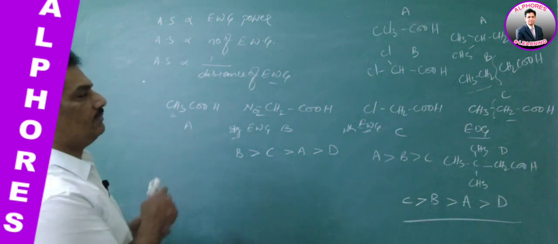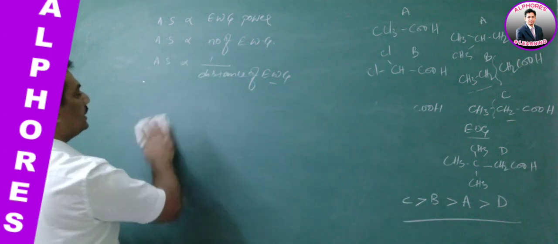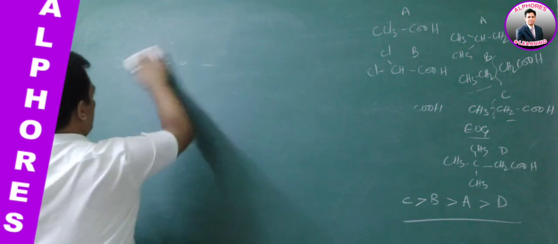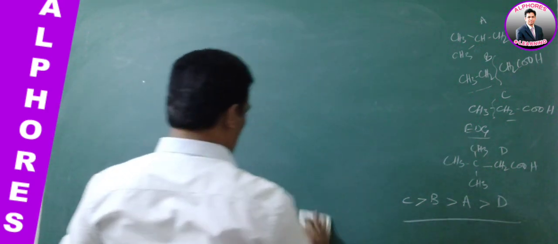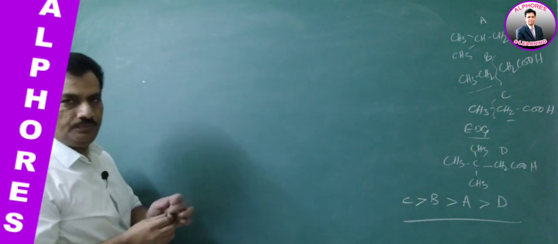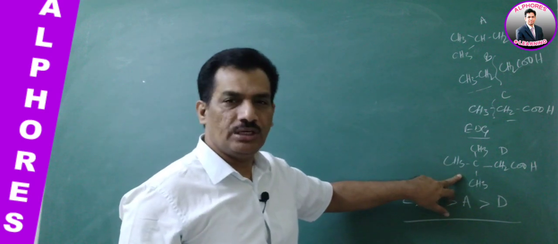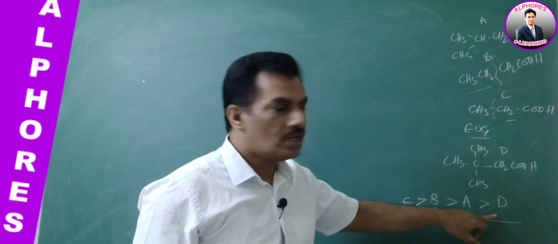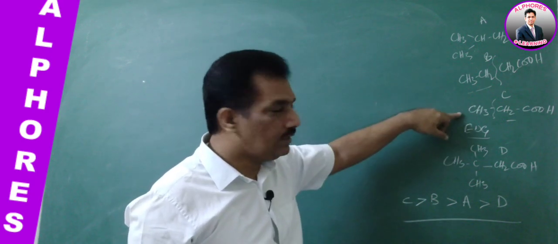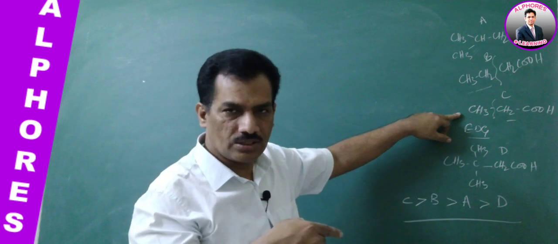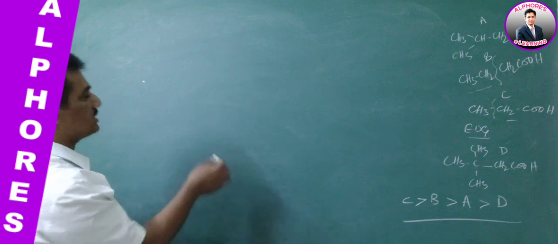And with this reference, let me give one example of what we previously discussed in deciding the stability of benzyl carbocation when this type of alkyl groups are present on the benzene ring. Just observe here: with tertiary butyl as substituent, acidic strength is least, and with methyl group as substituent, acidic strength is highest, is it not? And now let me give one more example. This is an exception case, that's why I am discussing.